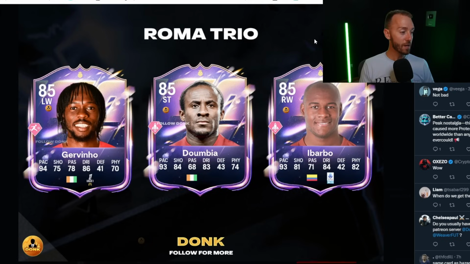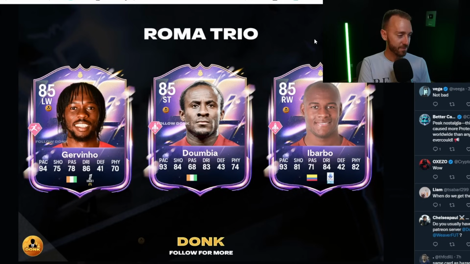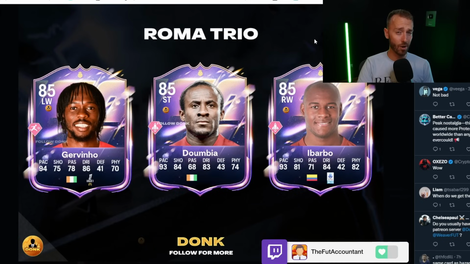The Roma trio, the streets will not forget. They are still not forgetting these cards, because the FIFA 15 trio, or FIFA 14 trio, whatever FIFA it was from, 14, 15, right around when I started playing, they are returning to FC 26, and these are their base hero cards. Honestly, these three save the whole entire hero class coming for 26